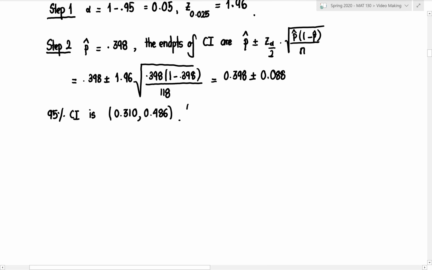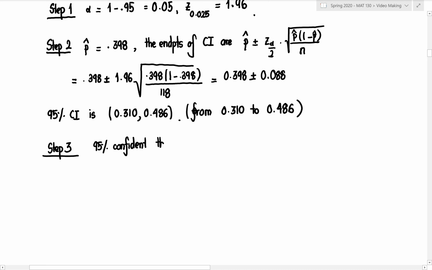So this really is another way of writing from 0.310 to 0.486. So that's our 95% confidence interval. So step 3 is interpret the confidence interval. So in this case here, what that means is we are 95% confident